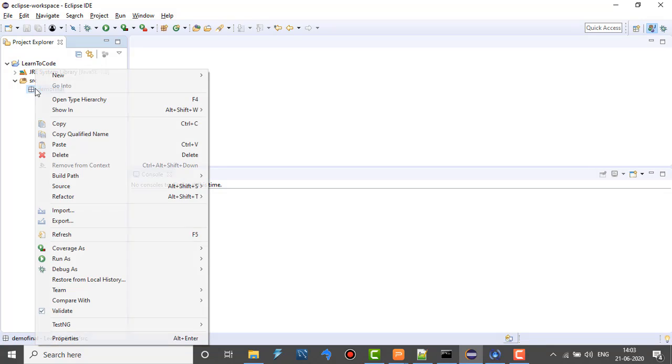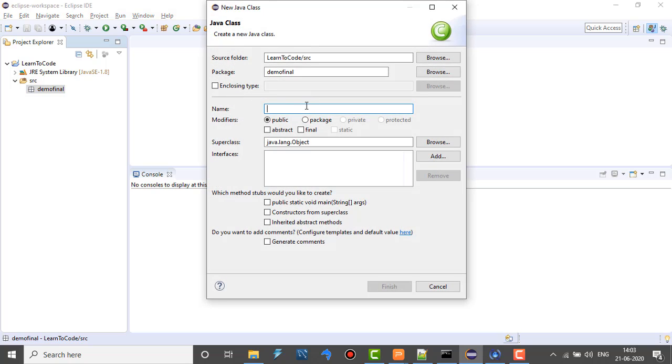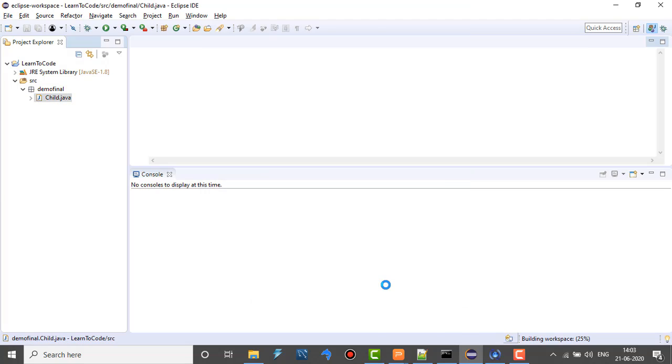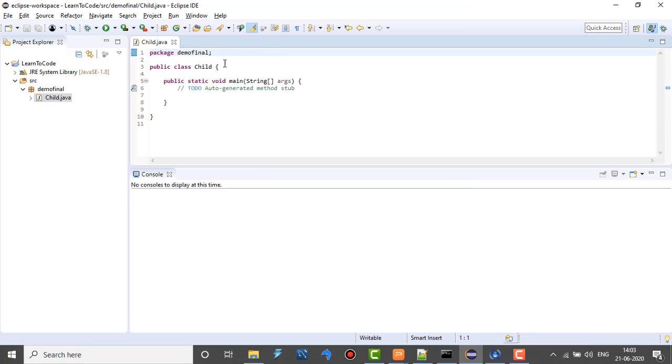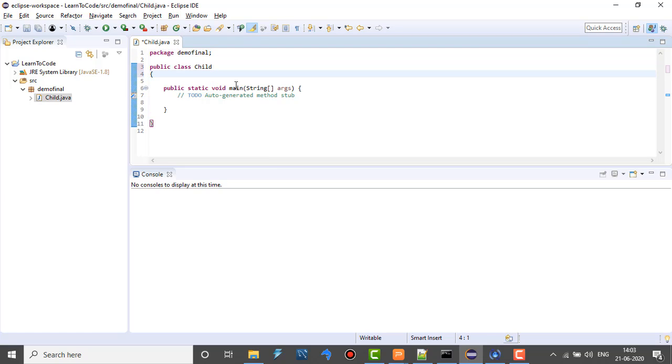I am going to add a new class to this package. I'll name that class child, and by default it will be public, and I want the public static void main method within this class. Once I click finish, this class will be visible to me, and the code structure will also be visible.